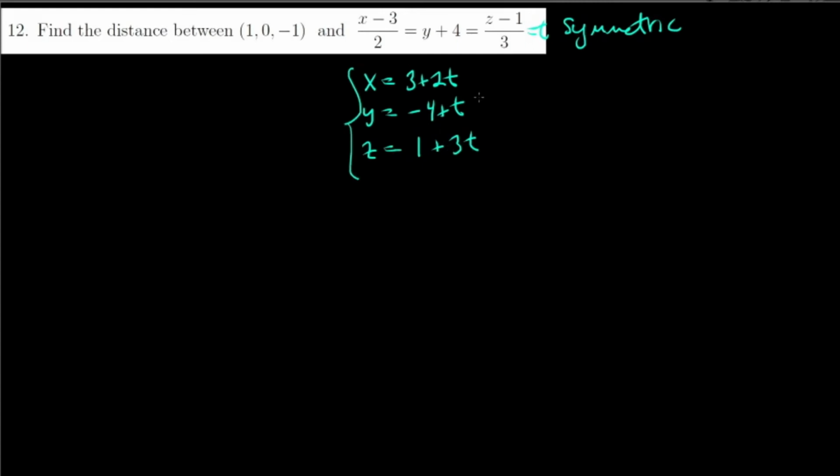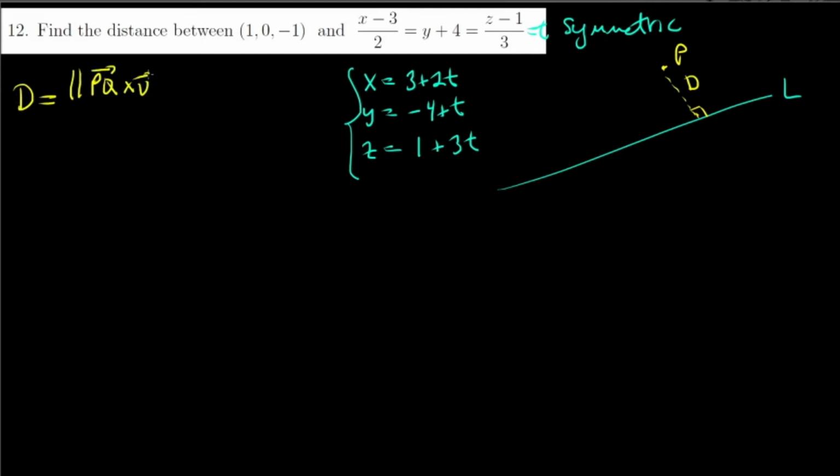Okay. So those are the equations of a line. That's the given line. And now we have a point. Presumably that point is not on the line, and we want to find the distance d between them. So of course there's a formula. I think, if I remember right, d is the magnitude of vector PQ cross v divided